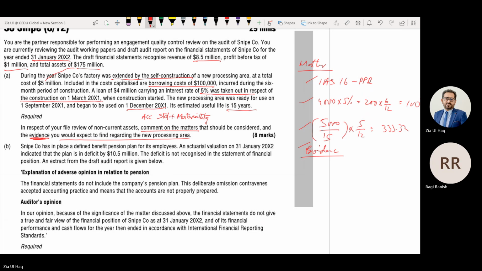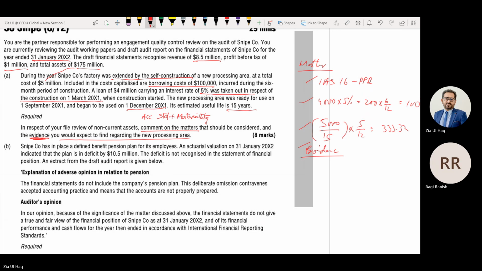What else? The cost calculation documents we have inspected during the audit. So copy of cost calculation document to verify the amount capitalized is correct. This is what evidence.